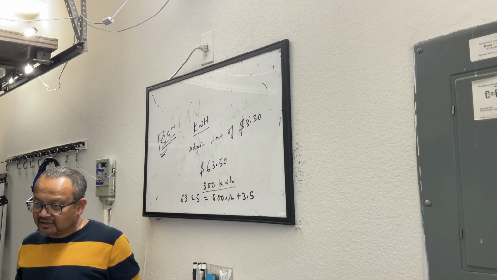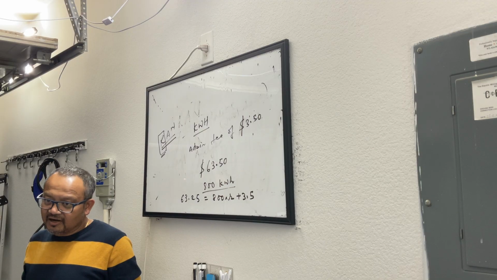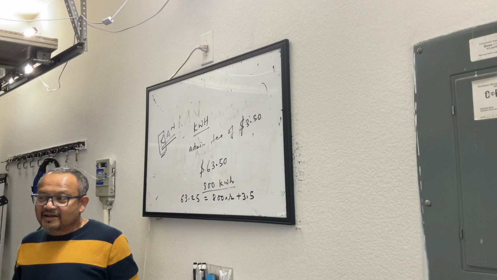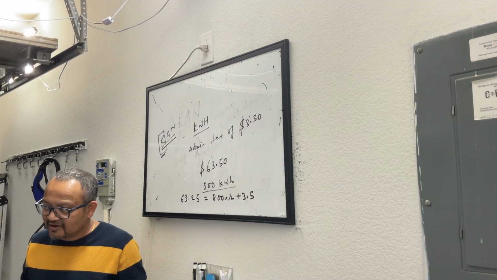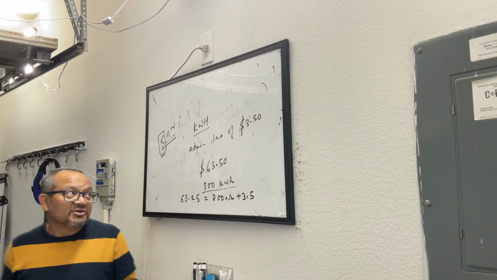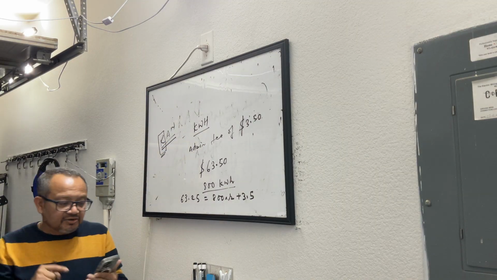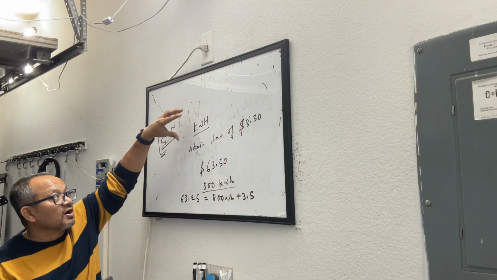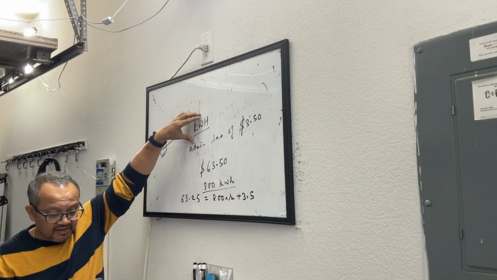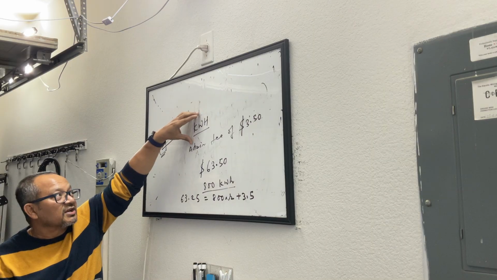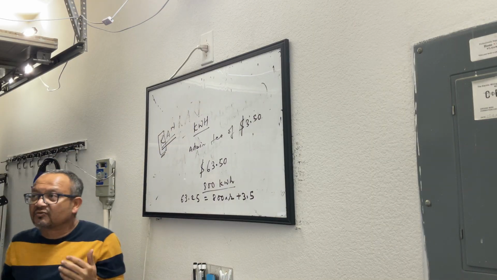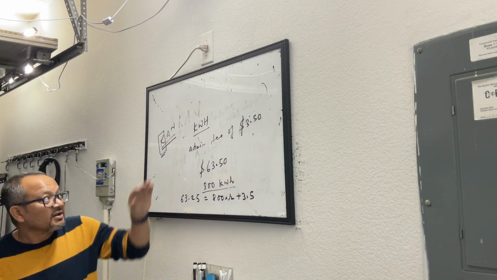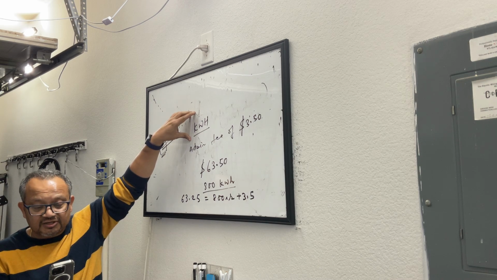I drive a car at 50 degrees centigrade. Doesn't make any sense, right? I don't drive a car at 50 degrees centigrade. I drive at 60 miles per hour or 70 miles per hour. So there is a unit for measuring everything. So this one says the electricity company charges a certain rate per kilowatt hour of electricity used. So they will say how many kilowatt hours of electricity you use, and based on that they charge,